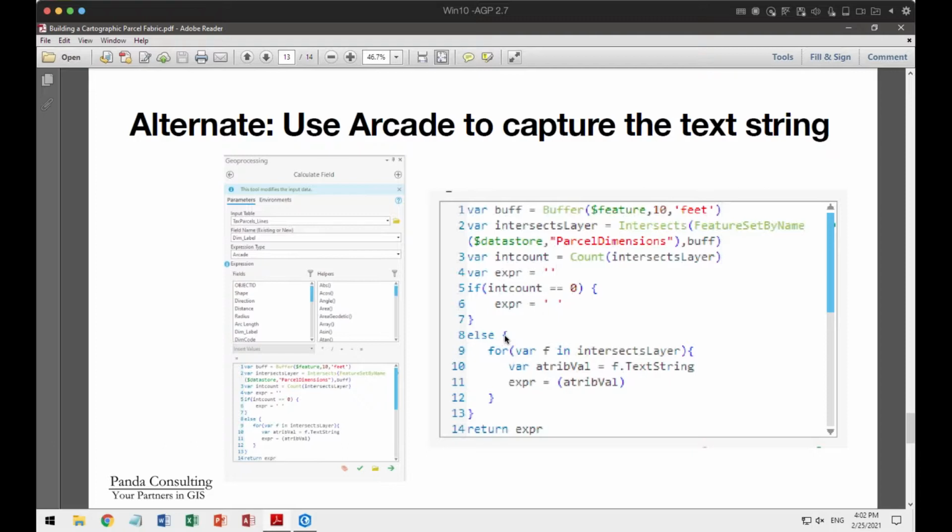Going back to how you make sure that you capture those values, another thing we've done is we use Arcade and the intersect command inside of Arcade to use our actual dimensions. This is our actual dimension annotation feature class that we're dealing with. And we're doing an analysis against this dim labels attribute field in our line feature class and telling it to